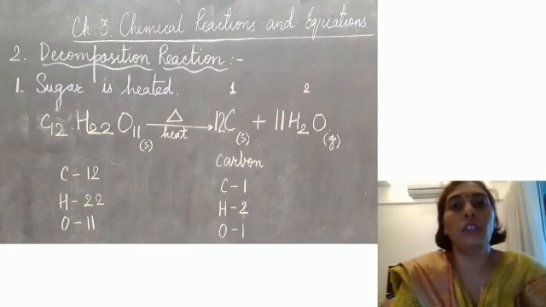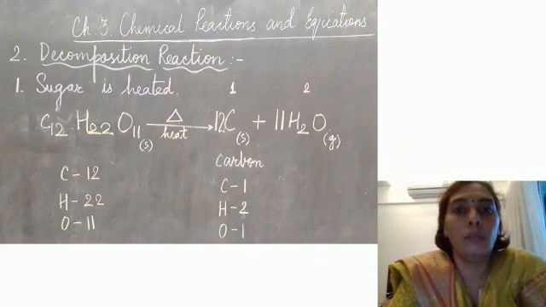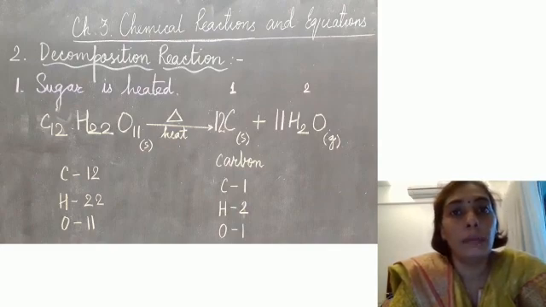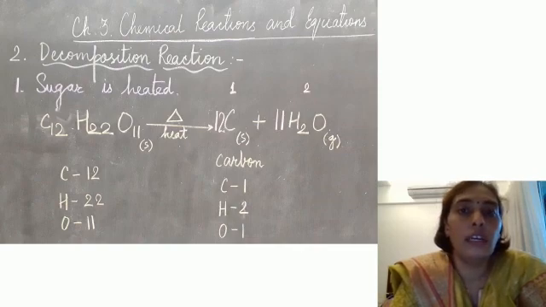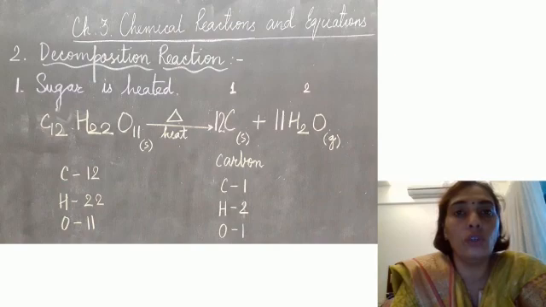Coming to the next type of reaction, that is decomposition reaction. Now the word decomposition even means degradation, or to break down into simple forms. Let us take an example like the food that we eat is highly complex. It breaks down inside our body into simple form, which is used by us for generation of energy, like carbohydrates to glucose, proteins to amino acids, and fats to fatty acids and glycerol. So this is decomposition, or breaking down into simple forms.